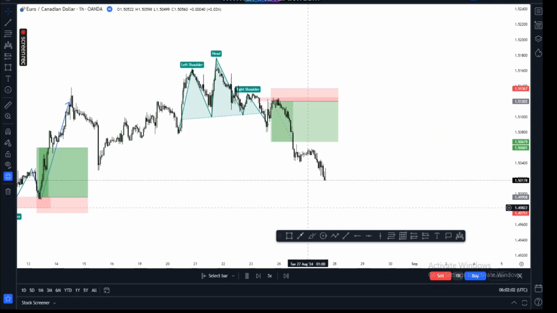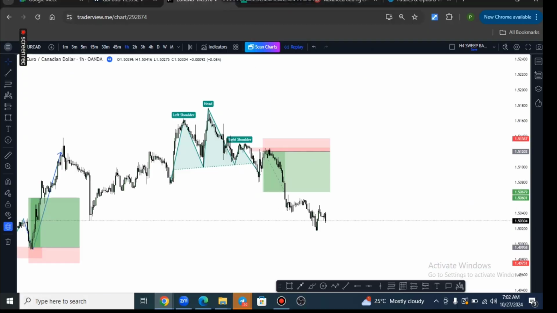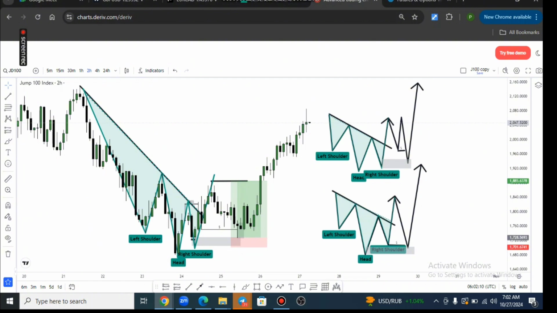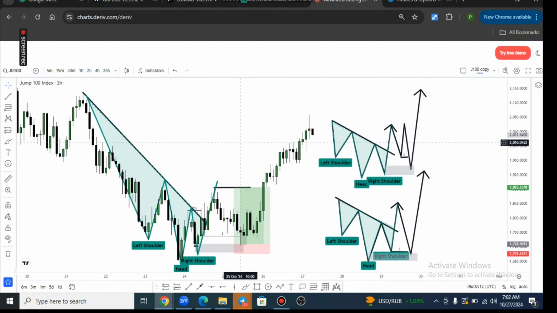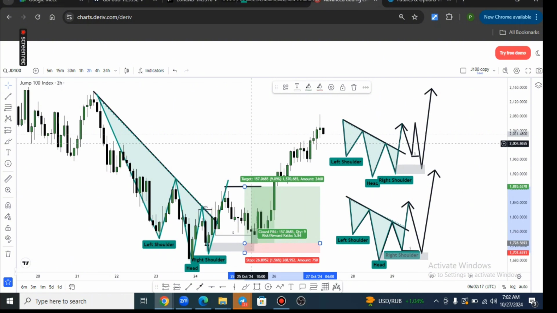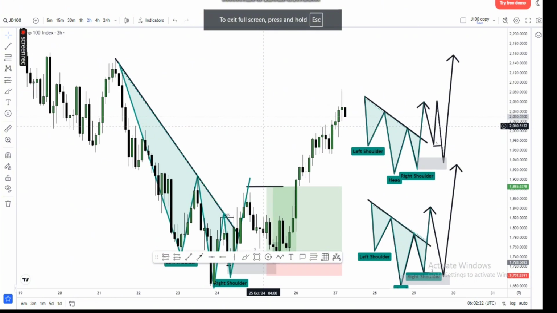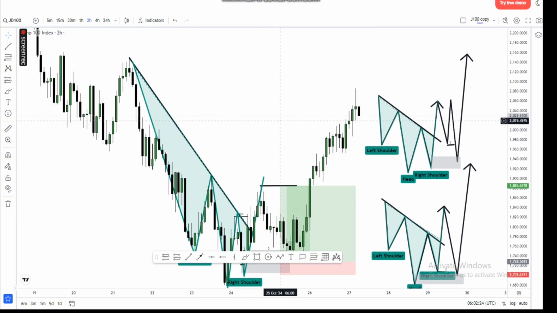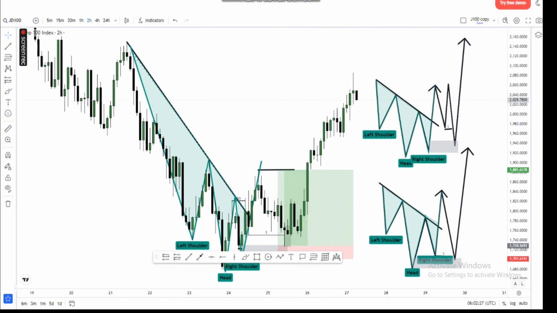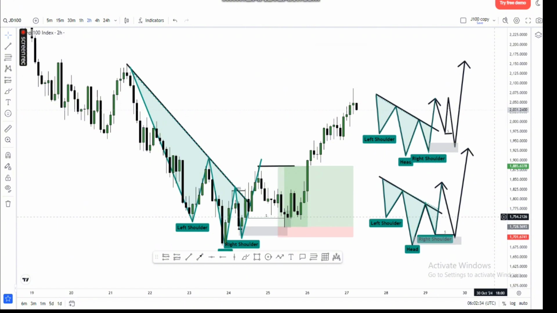Now one of the things you might be asking yourself is, where can I maximize this setup? How can I maximize this setup? Let's use our Jump 100 setup for instance, to get to know where we can maximize it. To maximize this setup, one of the things you could do is use our pattern 2. I think I'll look for an example of pattern 2 and show us. I've not really seen any clear one,